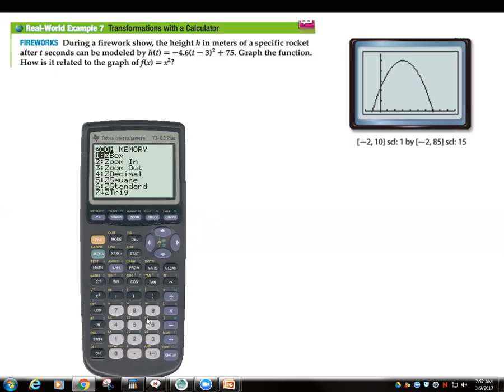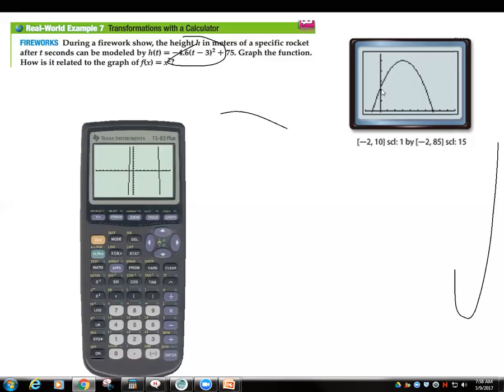Now if I do my traditional zoom 6, which is a standard viewing window, you're not going to see too much. It does not look at all like this one. Why not? Well, if you look at it, the graph,